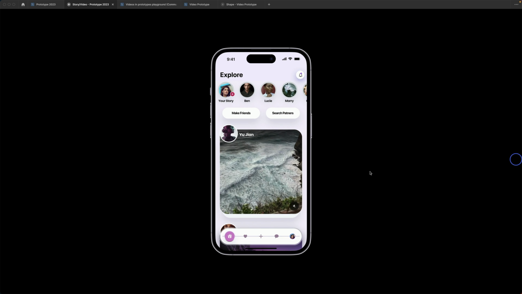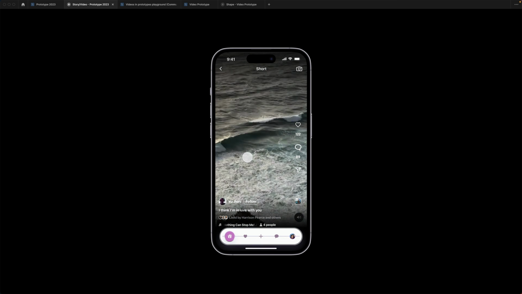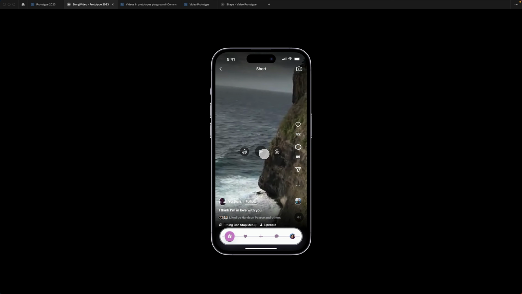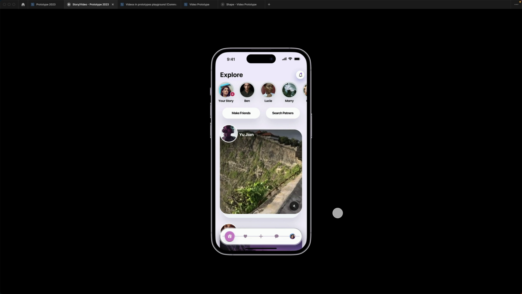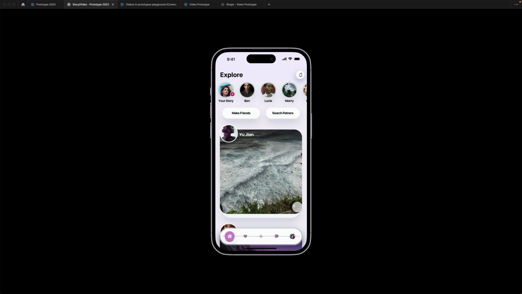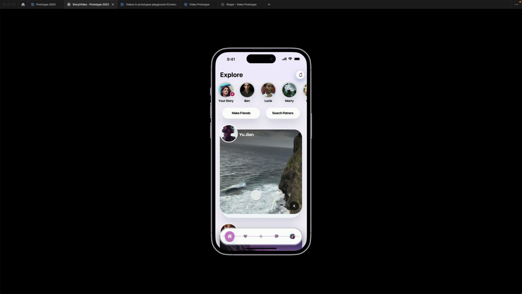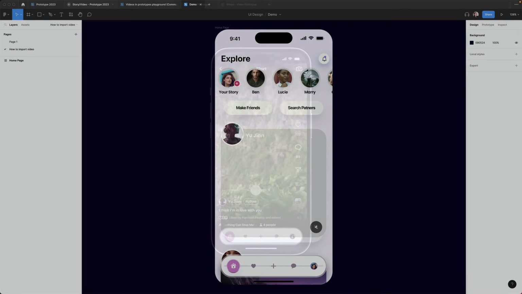Let's start by creating the interactive component. For the audio, we will create a button to mute, to expand the video, and the play and pause that appears while hovering over the audio player. Our goal is to make the video autoplay and unmute when the feed is open. Usually, users should be able to control the video by tapping on an icon to mute or unmute, play and pause, and clicking on the video will expand it to full screen.